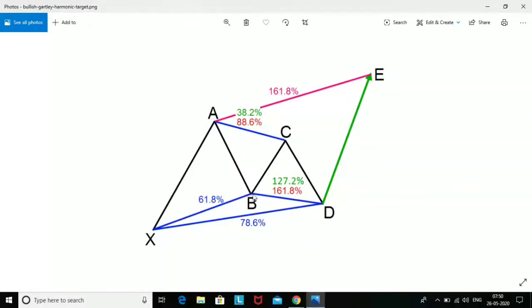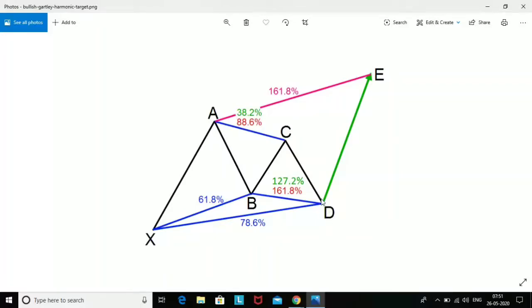You should get 61.8%, and then it should give you another pullback, and then again it should make a new low, which should be below 61.8, and here it is 78.6, right? So 61.8 is the golden ratio, and 78.6 is a lucky number, I would say, because this is the level from which ideally it reverses. So now here if you see X, A, B, C, D, and here this is the D, which is ideally called a price reversal zone, PRZ.